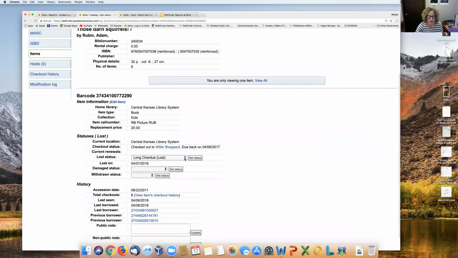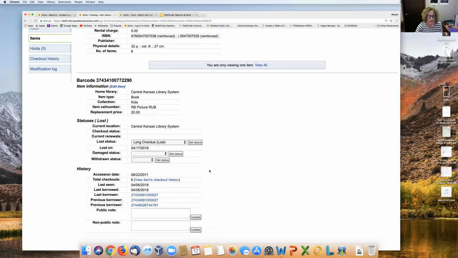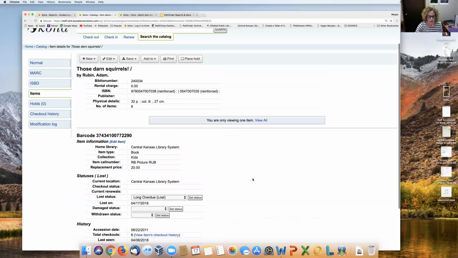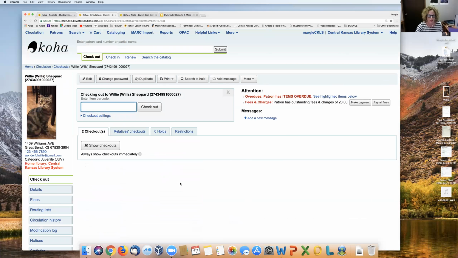If you go ahead and click on this, go up here into the null category and set this status, it's going to check this item back in. I go ahead and go back in and reset the status, and you'll see Willie's name has disappeared from the screen. So I want to go in and find this. We're going to go back to our last borrower, and here you see that Willie now only has 2